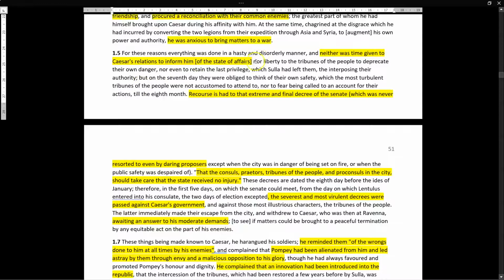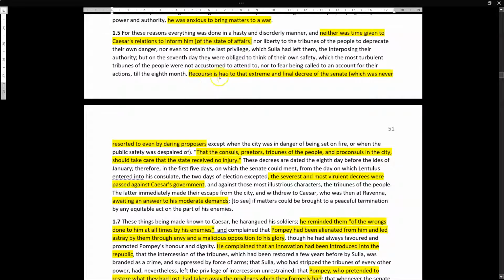So for these reasons, everything was done in a hasty and disorderly manner, so it was rushed through. Neither was time given to Caesar's relations to inform him of the state of affairs. So Caesar's not been informed properly. So again, he's been kind of backed into this corner at the last minute. So recourse is